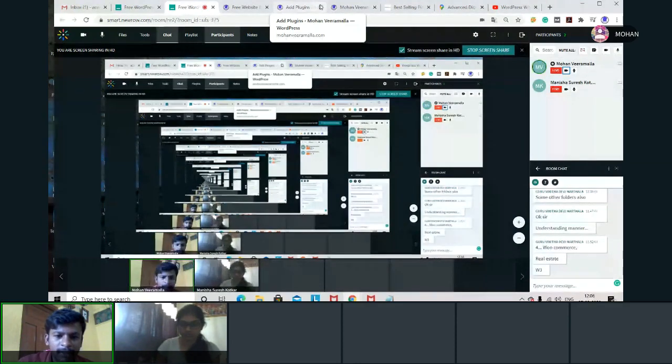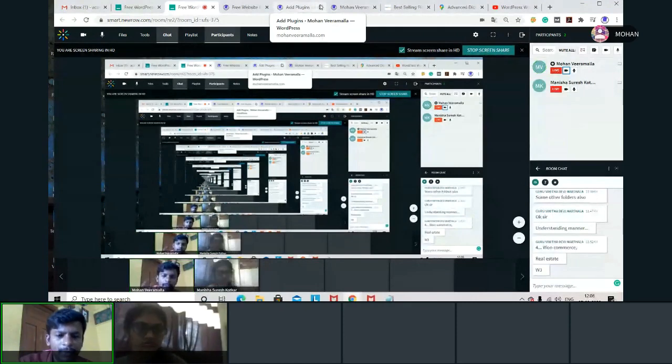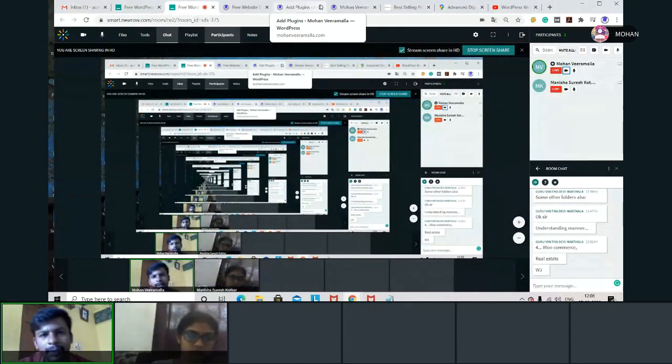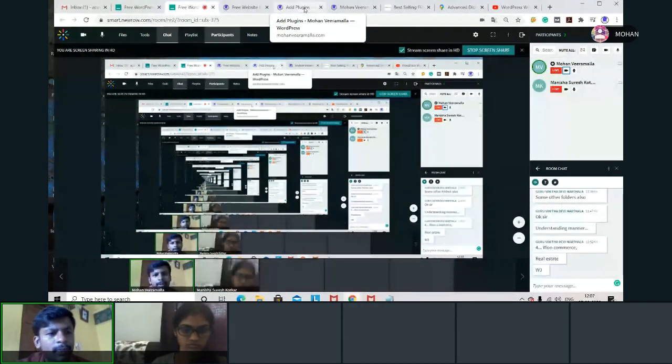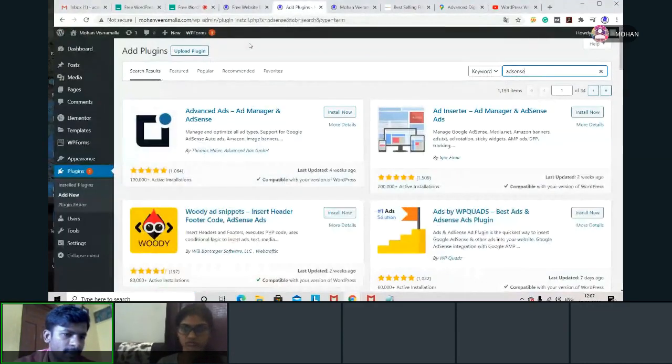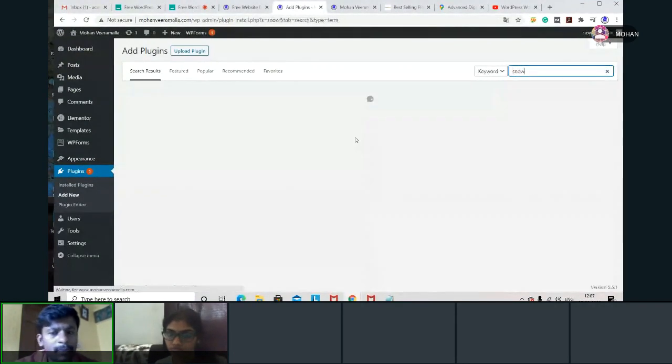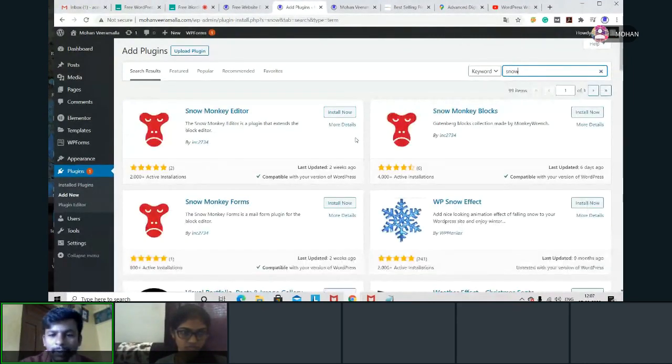So that whenever the customer comes into the shop, he should feel comfortable. He should feel like trying to get some new things in the shop. So that's why. See, for example, now I'll take a simple plugin. We'll see whether it will work in this theme or not. Now I want to add snow. I don't know the exact plugin name. Simply, I want snow. I'm going with this option called snow.